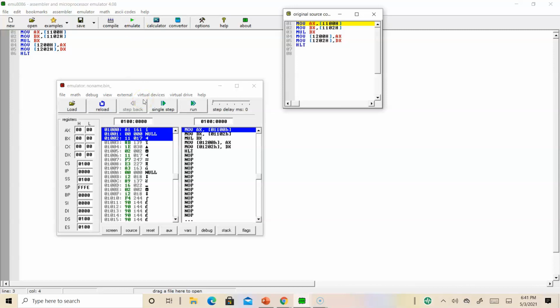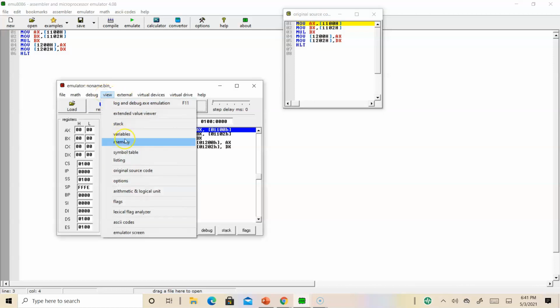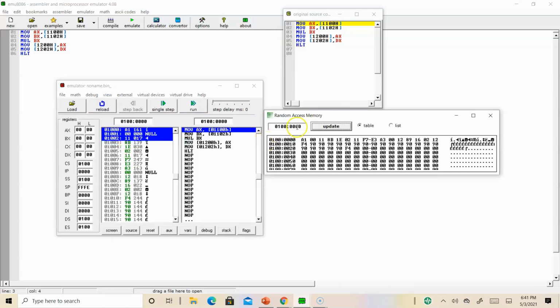First of all we have to get the two input data. So go to view, memory. First give your memory location where you have to give the input data. Press enter. So here by default it is 0. I am going to give my first data as 1111.